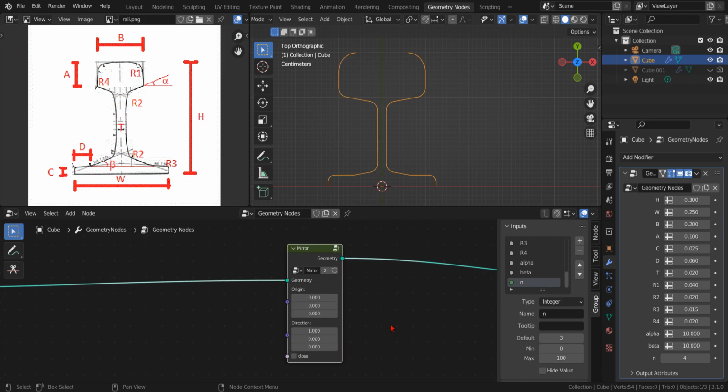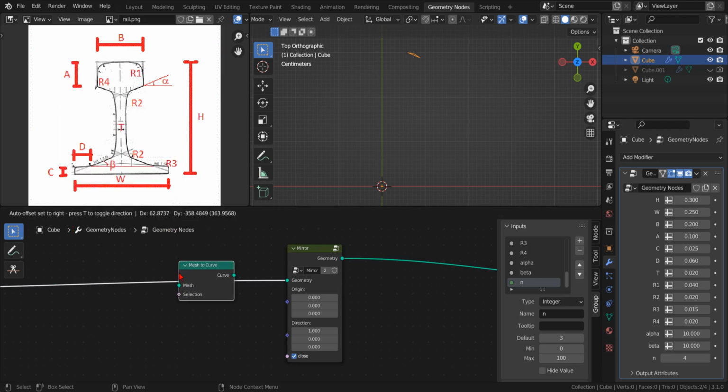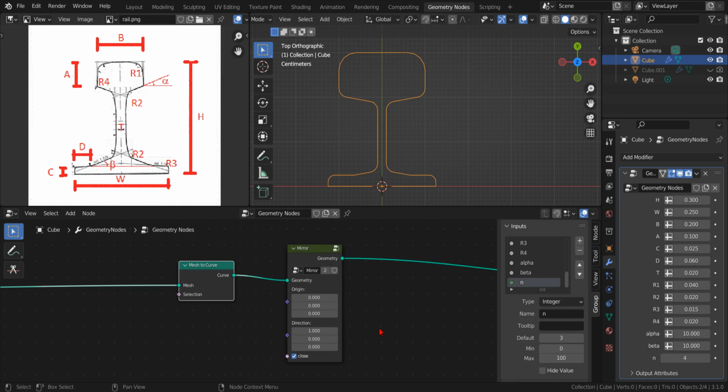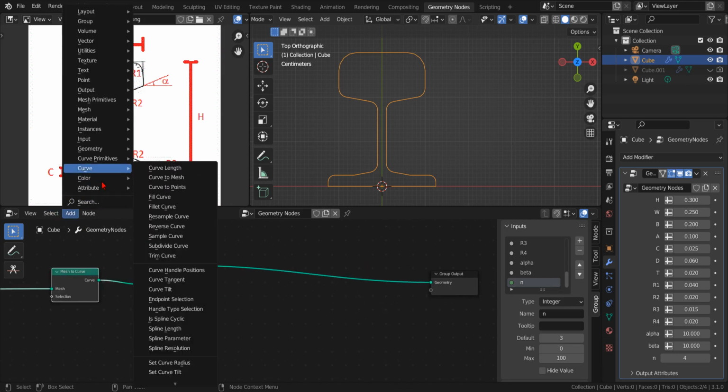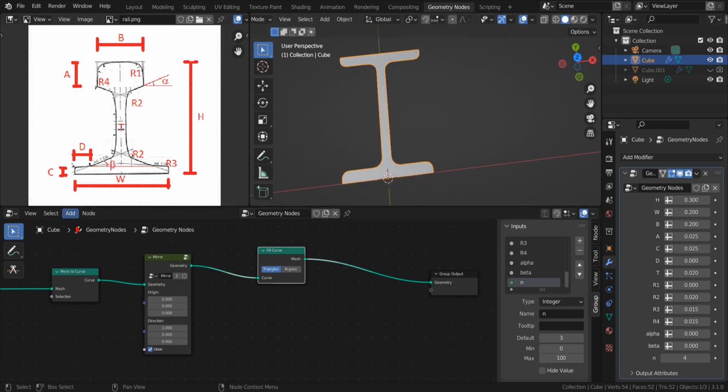Now, if we select the Close option, we see that we forgot to convert the mesh into a curve. So, we do that by adding a mesh to curve node. And finally, we get the results that we wanted. Now, we can use a fill curve node to check our profile. If we fancy, we can change the parameters to turn the rail profile into a wide flange I-beam profile that we can extrude